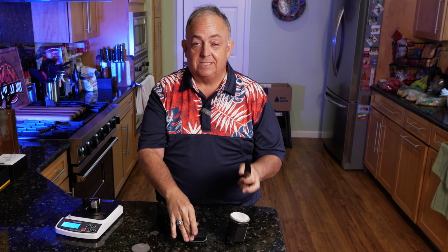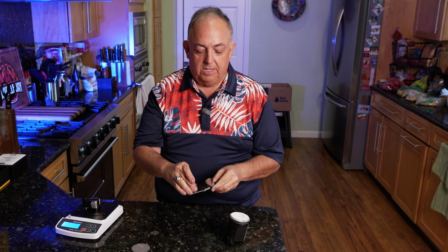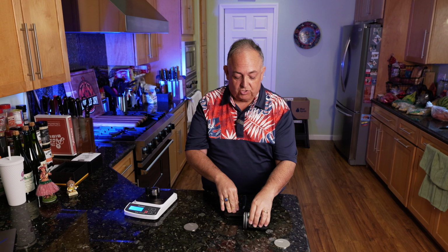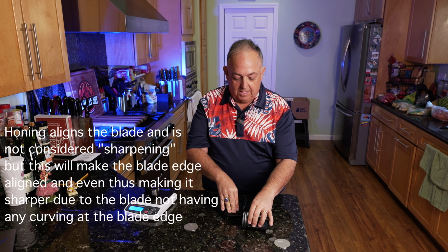I've had some other bases that slide, which aren't great because then I have to get a non-slip surface to put it on, but I wanted to make sure this was non-slip, and it is. So we'll go ahead and hit this with the ceramic. And again, I'm not sure how much sharper we're going to get this because 170 is pretty sharp, and it